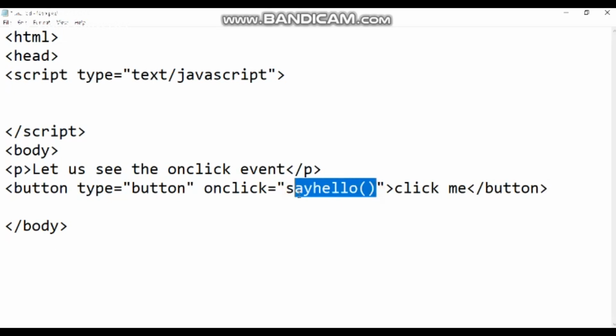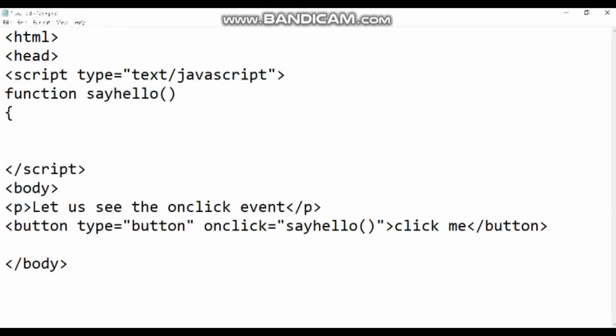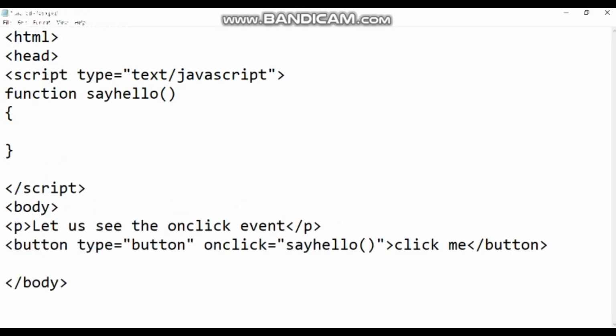So we have to include this function over here in the script tag. Let's have the function followed by the function name, sayHello. What needs to be called when this click me button is clicked, you need to specify here.